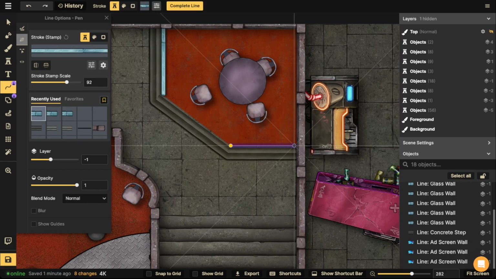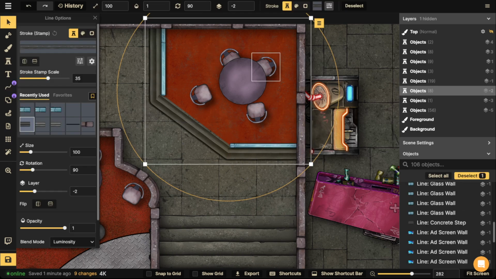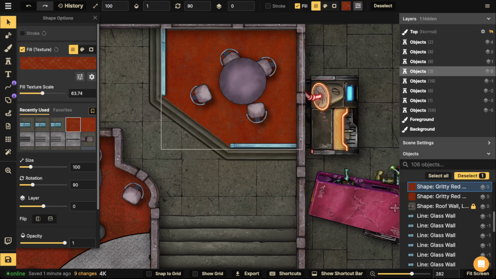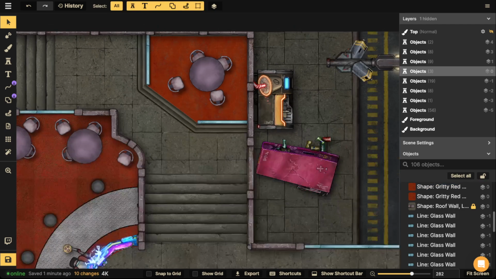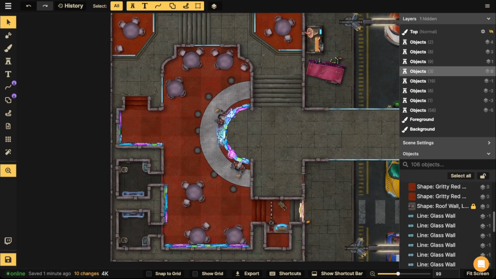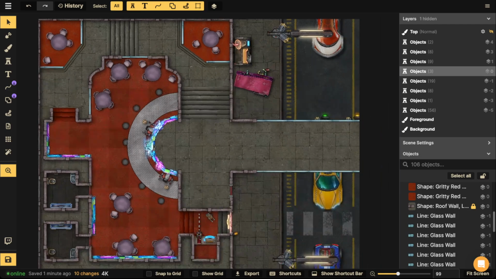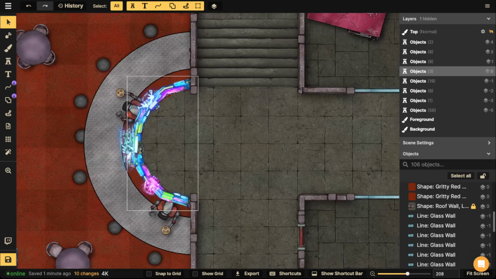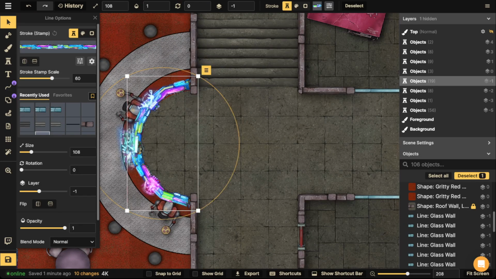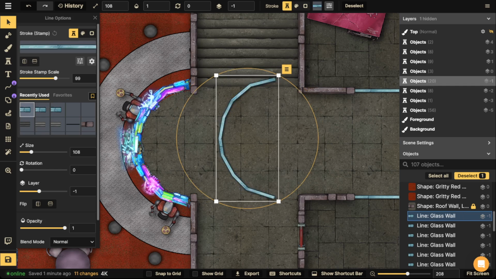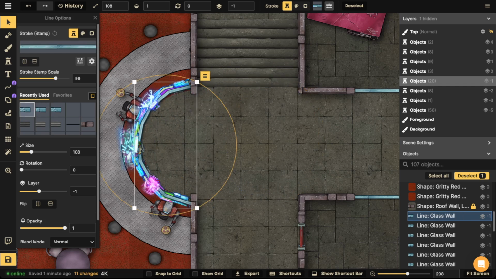So I'll push that there. There we go. Perfect. And I'm noticing that the red part, there we go. Okay, cool. Make sure that I got it all. Awesome. Okay, we've got most of the glass done. I think the last piece of glass is this piece right here. And so what I'll do is I'll just copy and paste this and then fill it with glass and then put it right there